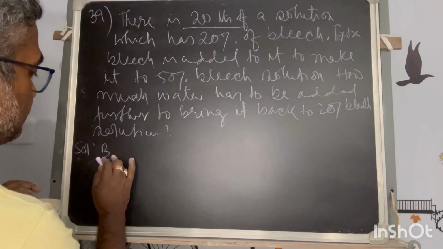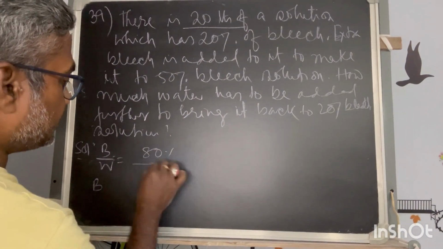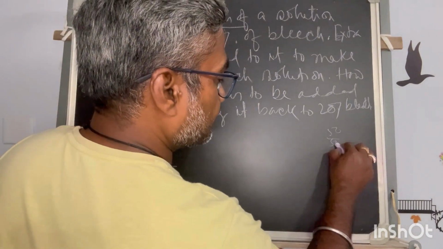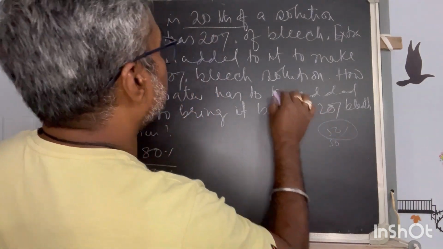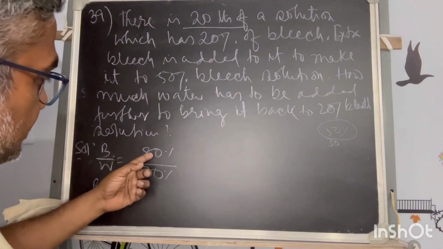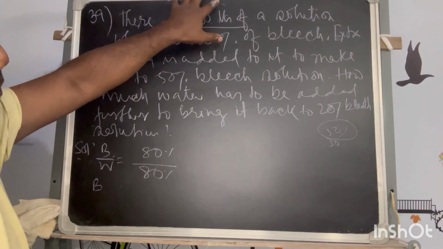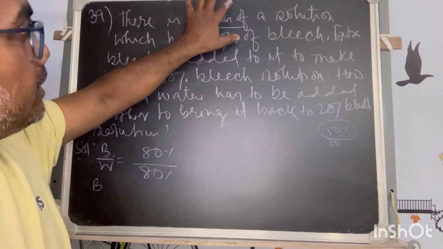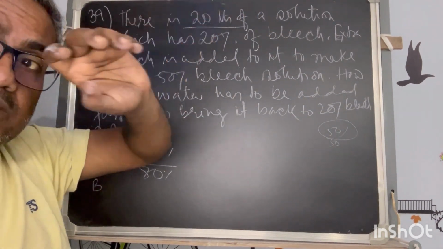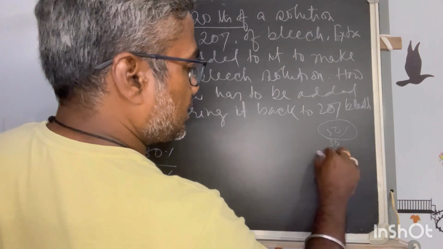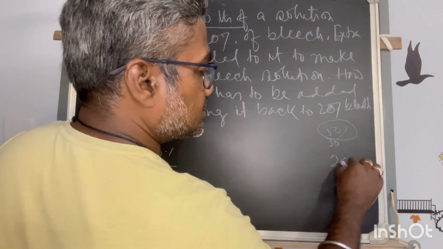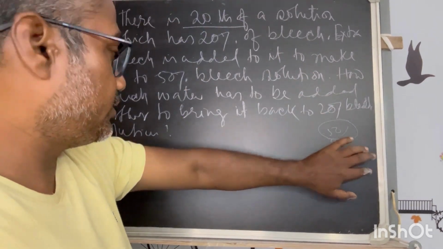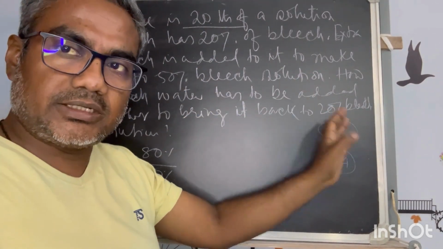80% of bleach, 80% of water. This apparently seems like 50% to 50%, but if I take the 50%, this 50% will refer to this volume, whereas this 80% will refer to this volume itself. But the 50% I take has to be on the increased volume. Let's say after the bleach is added, this becomes 24%. Now that has to be calculated, and on that, if I take 50%, I will get the exact volume of